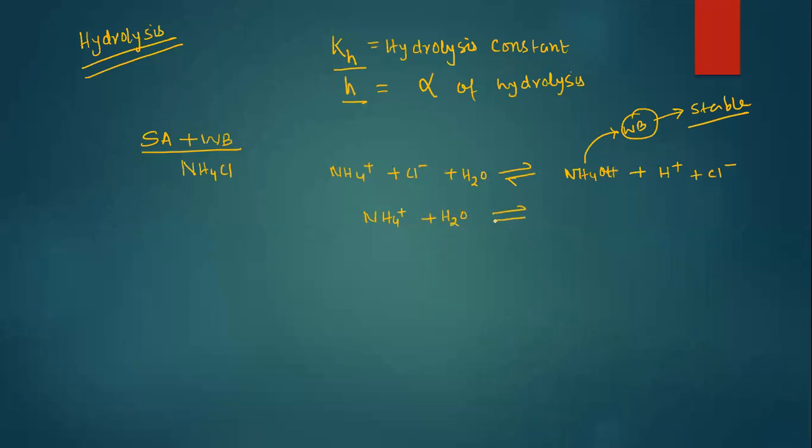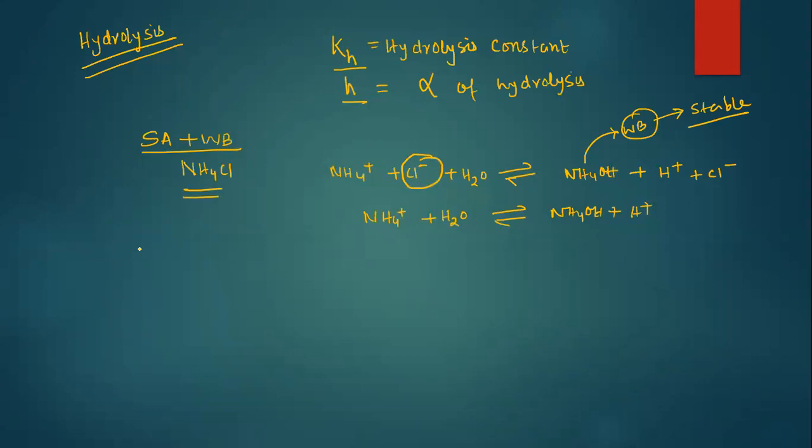So you can write this reaction like this also, because on both sides you will see Cl minus. What I want to explain to you is, in this reaction, what exactly got hydrolyzed? Did chlorine minus get hydrolyzed? No, chlorine minus remained as chlorine minus. Chlorine minus did not react with water, and if it doesn't react with water, it doesn't get hydrolyzed. Hydrolysis means reaction with water. So what did react with water?